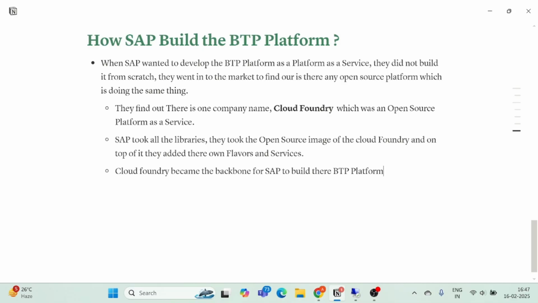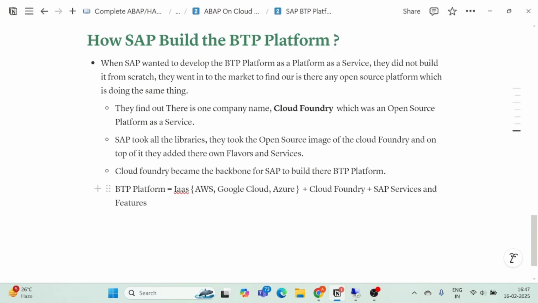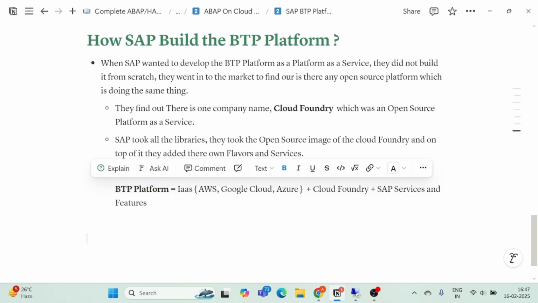So what is the BTP platform? If we have to simply divide the BTP platform, it is equal to IaaS, infrastructure as a service, maybe provided by, let's say, AWS or Google Cloud, anybody, or Azure, plus Cloud Foundry, plus SAP services and features. All these things combine together and they build this wonderful business technology platform, which was earlier known as